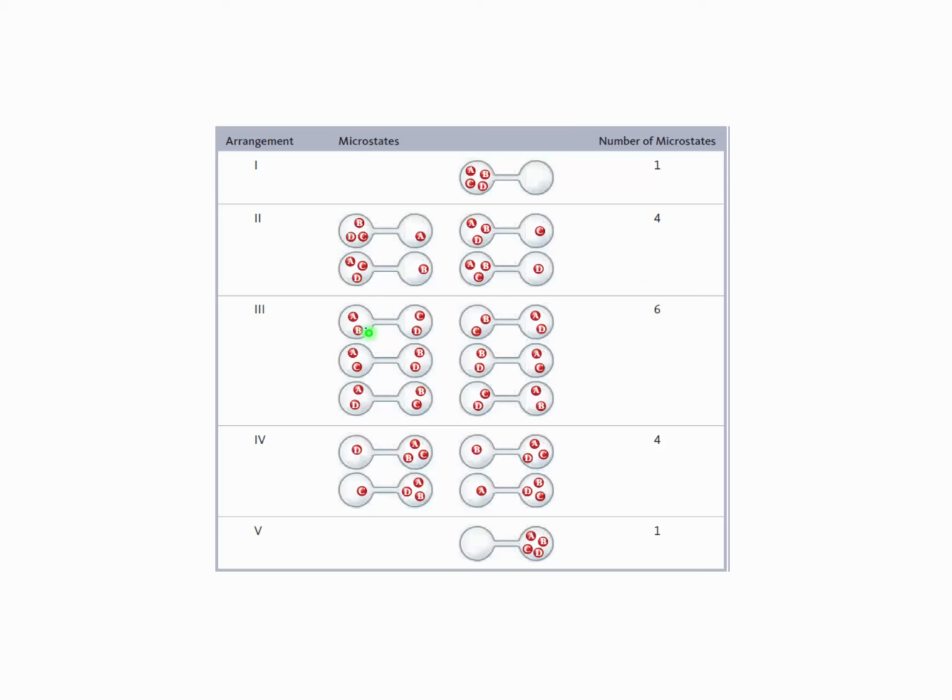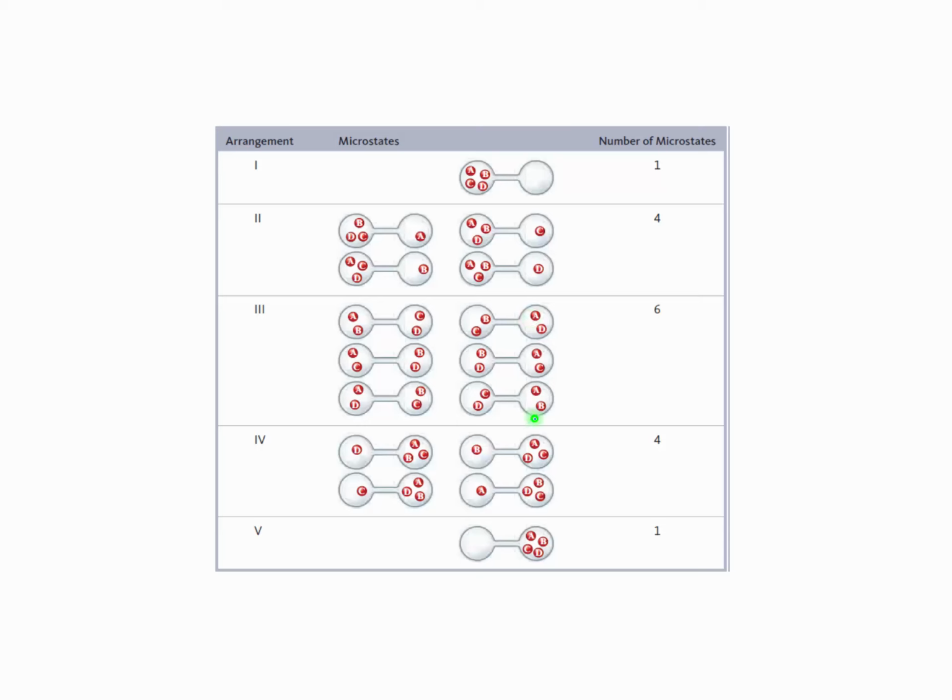Okay, and then where there's 2 and 2, there's actually six out of the whole possible number of arrangements. So the whole possible number of arrangements is 10, 11, plus five more. So we have 16 possible arrangements. So six of those 16 arrangements have them mixed, where there's two on each side.